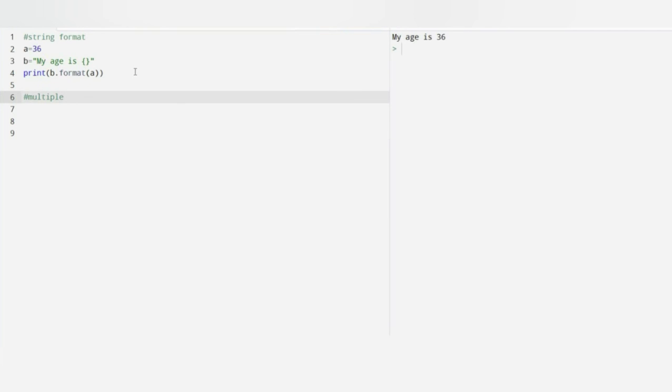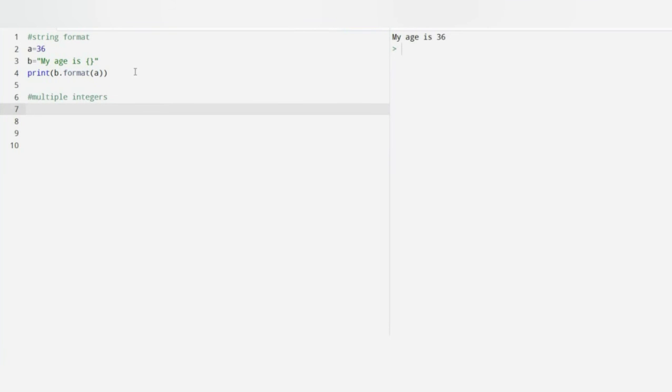But this program is only for a single integer. For multiple integers, let me show. Let me take an example from a supermarket. Quantity is equal to 3. Item is equal to 567. Price is equal to 49.95. This is my bill or order.